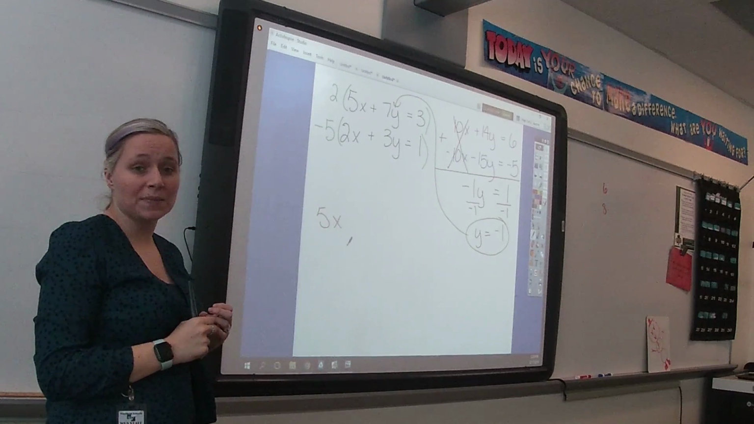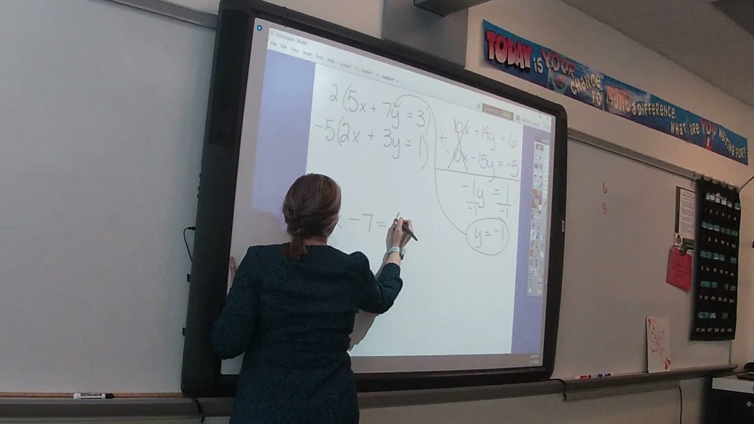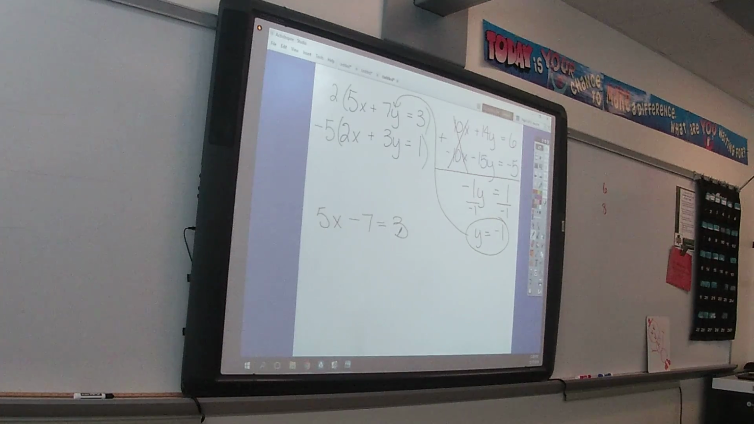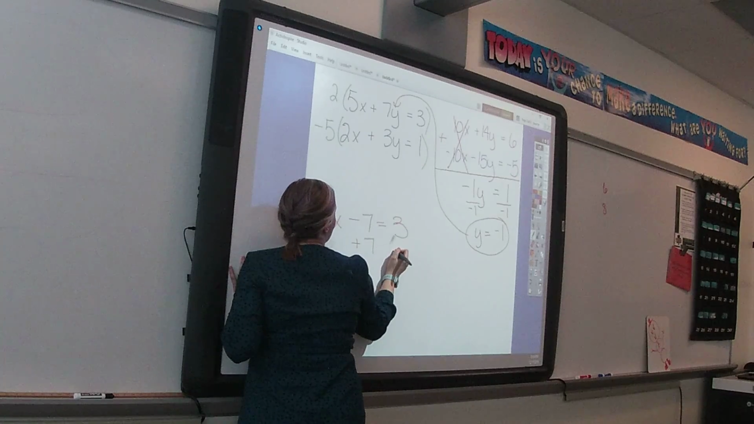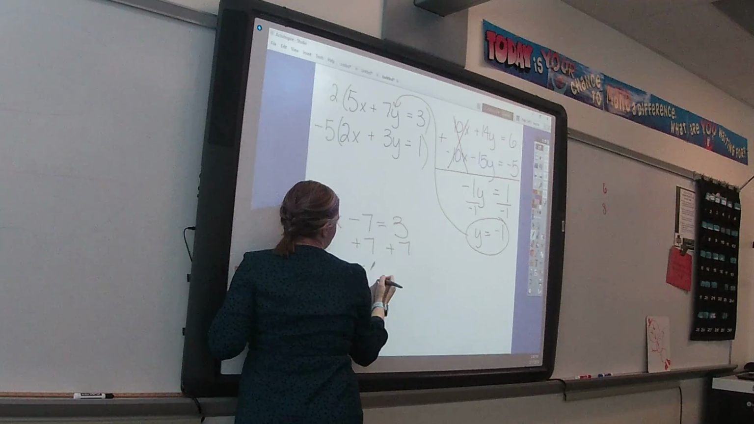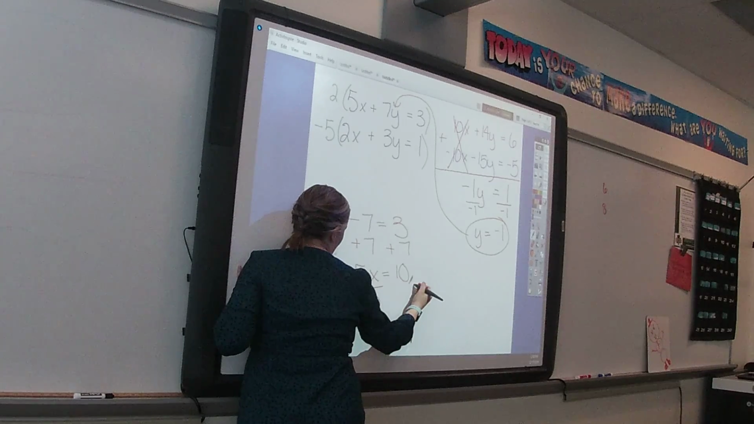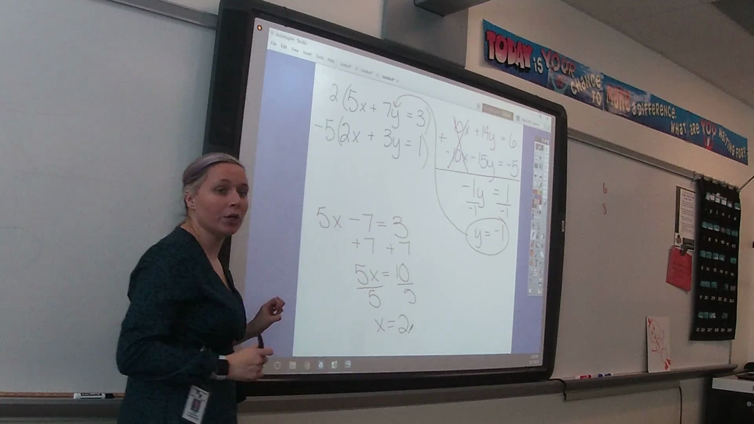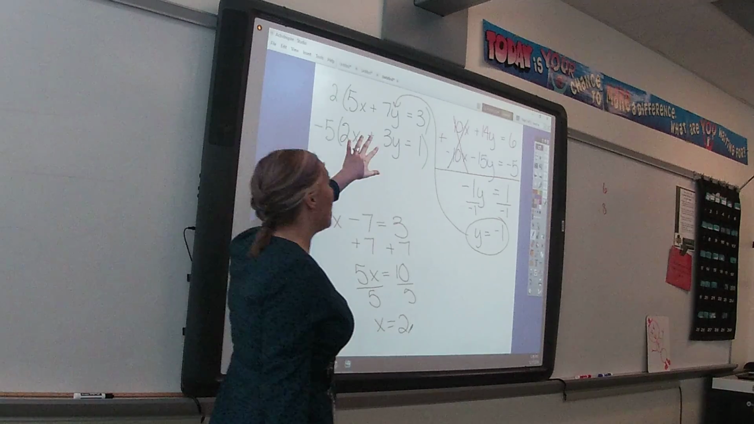What is 7 times -1? Minus 7 equals 3. Then it would be plus 7. So we'll undo subtracting 7 by adding 7, and we'll get x equals 2. Okay, so the key here is that even though the problem doesn't start out the way we want it